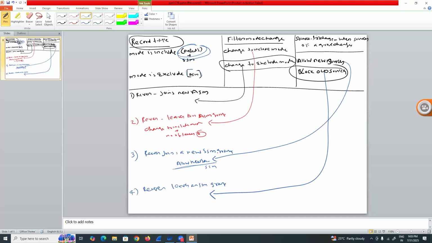So allow new sources. Then block old sources for the leave message. It means I'm leaving this group. I'm no more interested to receive multicast streams from this group. And also here you have, as usual, the group specific query, right? You know, yesterday I explained the group specific query. If one of the receivers sends